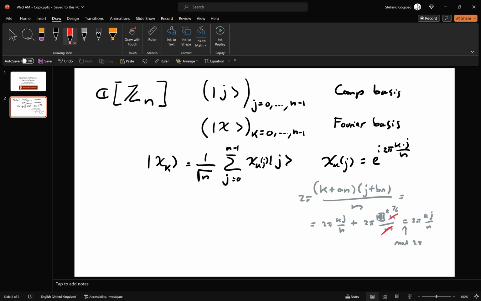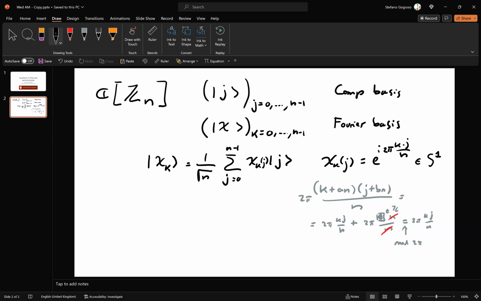It looks like it might be a bit weird, but it turns out that it's the dividing by n that makes the definition of these phases. And these are phases, right? These are all numbers in S1. What is this particular